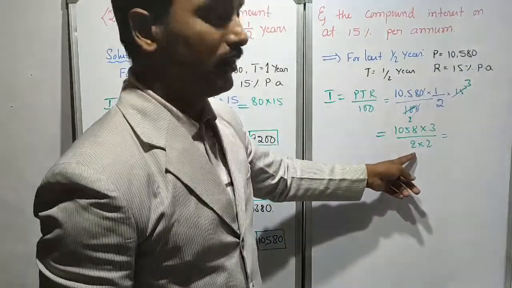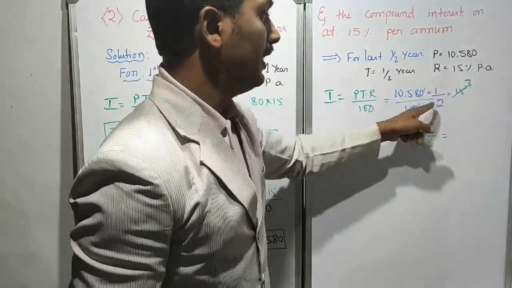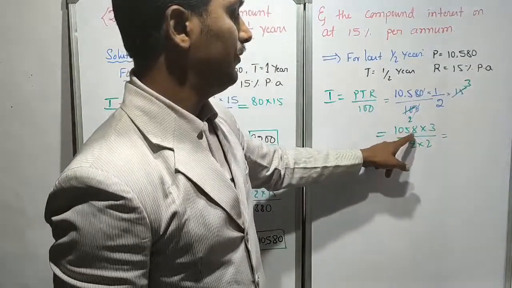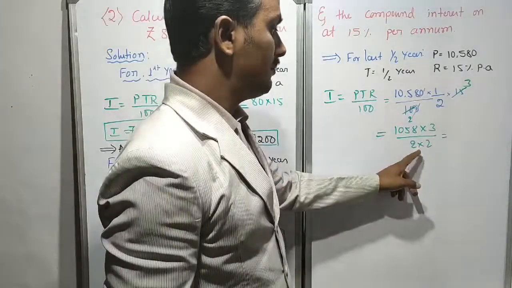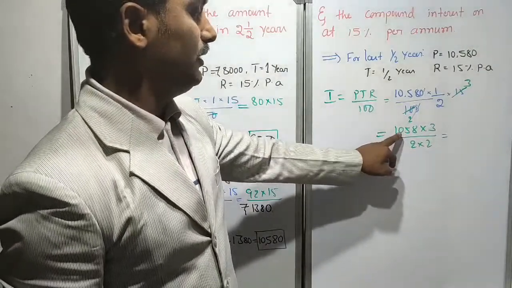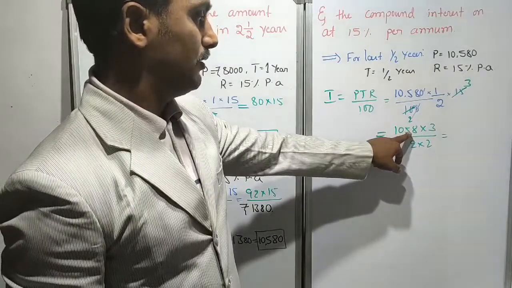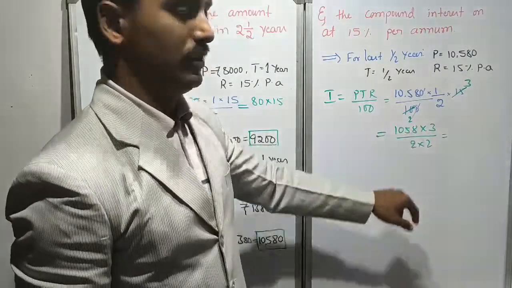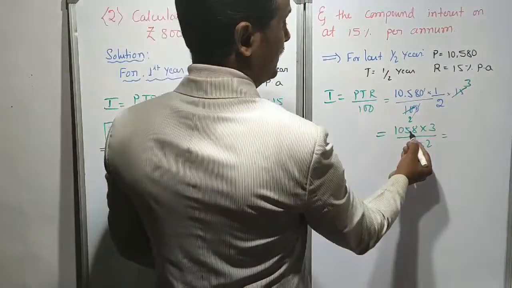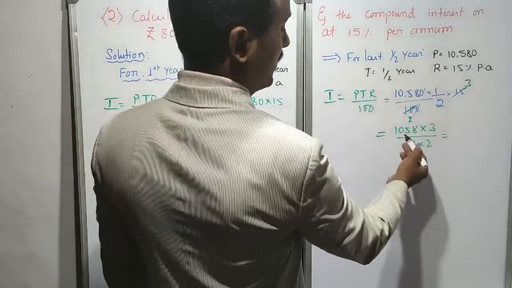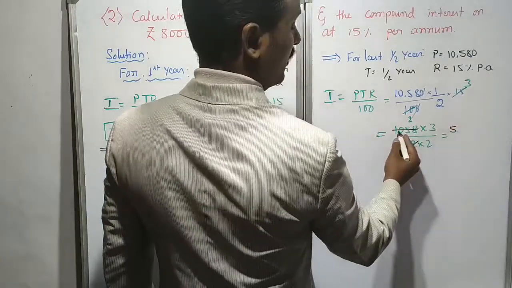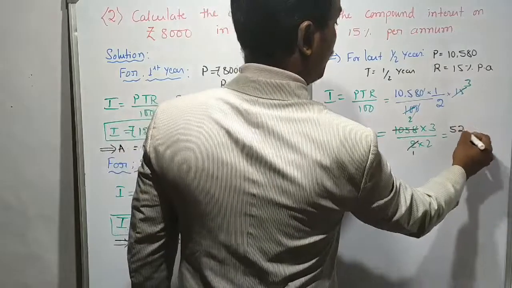See what I did, denominator. If I did not cancel like this, 100 into 2, 200 would come. But now what I got is 2 2s are 4. Here numerator 1058 into 3 is there. See, 1058 is divisible by 4. Why? Because it is an even number. See, 4 2s are 8. Then 2, carry 25. 4, then it is an incomplete division from 4, because I will divide by 2 only. Easy way, again 2. See, it is divisible by 4 completely, means you should divide, 4 ones are, then divide from 4, 2 ones are. Then this one, 2 5s are 10. 2 5s are 10, clear. 2 2s are 4. 1 carry, it became 18.